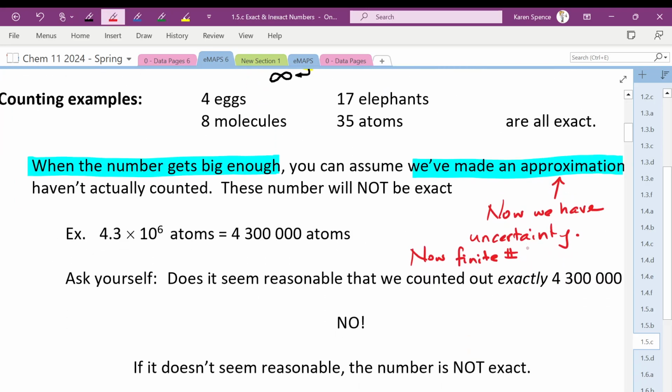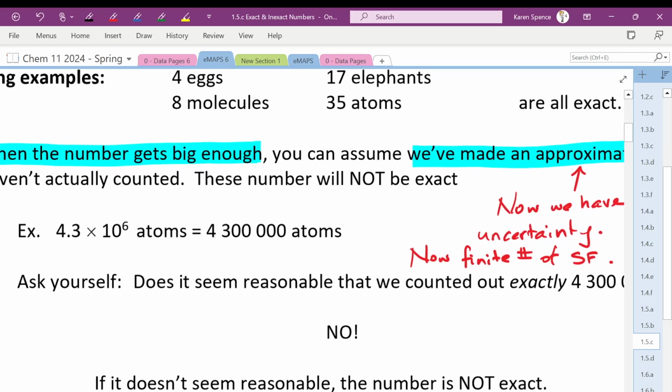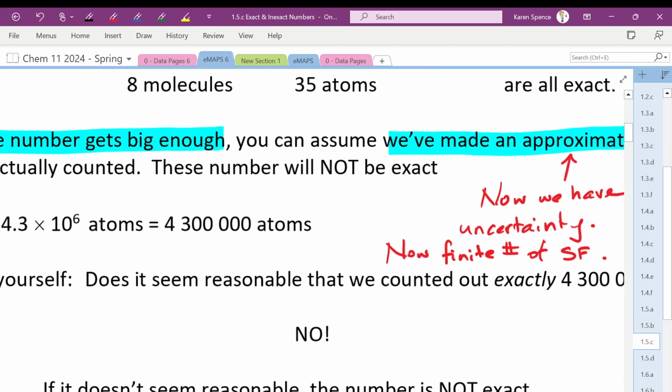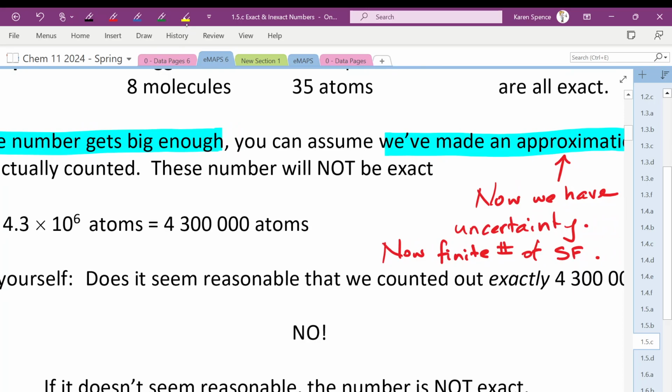So now we have uncertainty. Now we have a finite number of sig figs. So let's say, for example, I gave you the number 4.3 times 10 to the 6 atoms, which if we expand it is 4,300,000 atoms. Does it seem likely that if I've got a quantity of atoms, let's say I have a piece